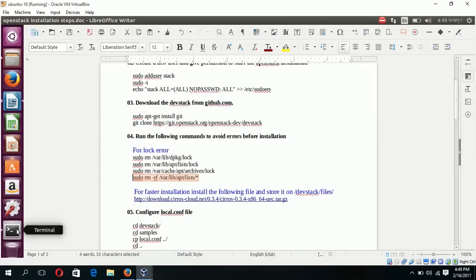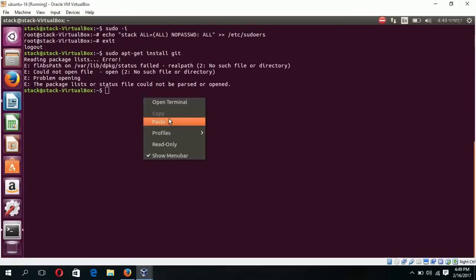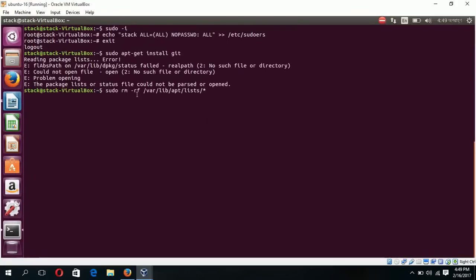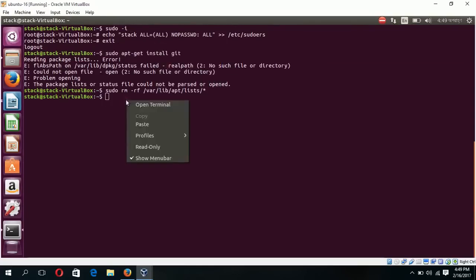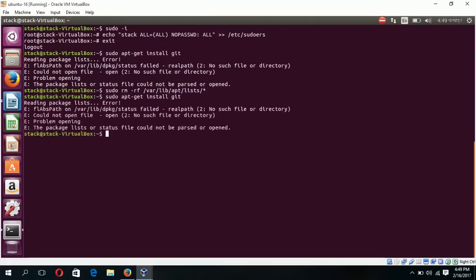This is the log error, so I'm pasting it. sudo rm -rf /var/lib/apt/lists/*. Again I am copying this command, sudo apt-get install git. Okay,